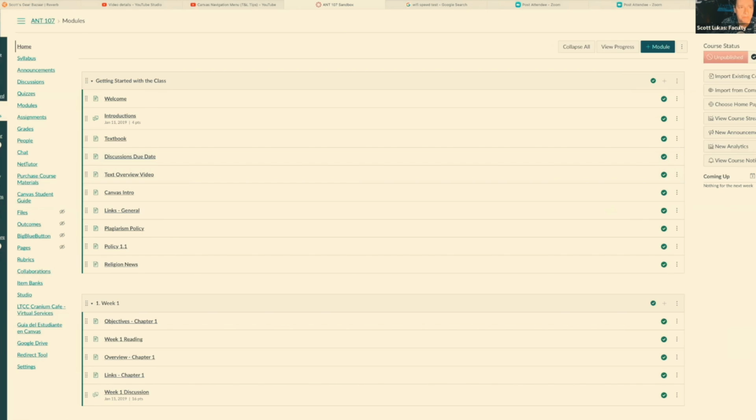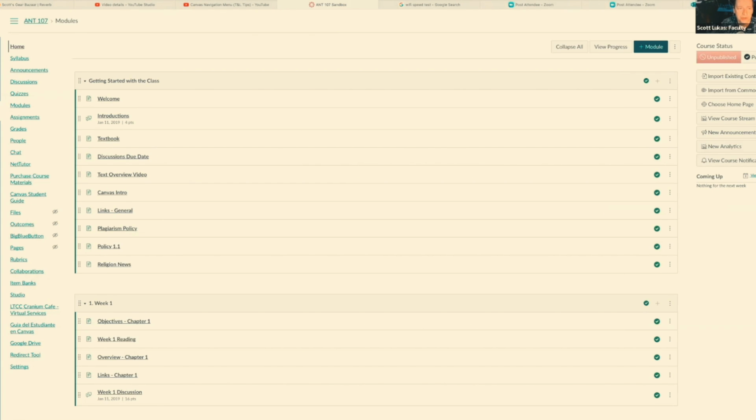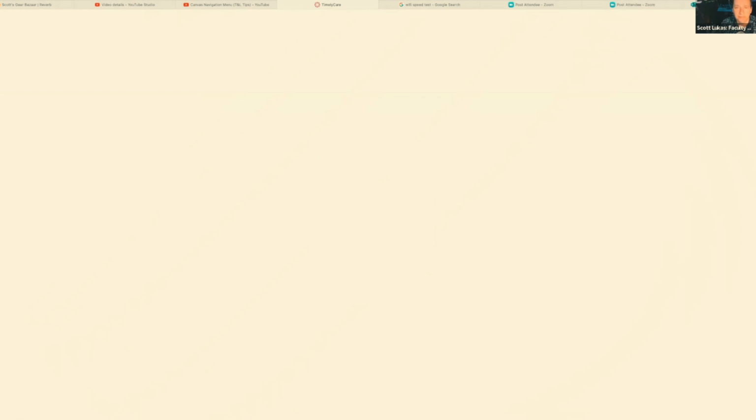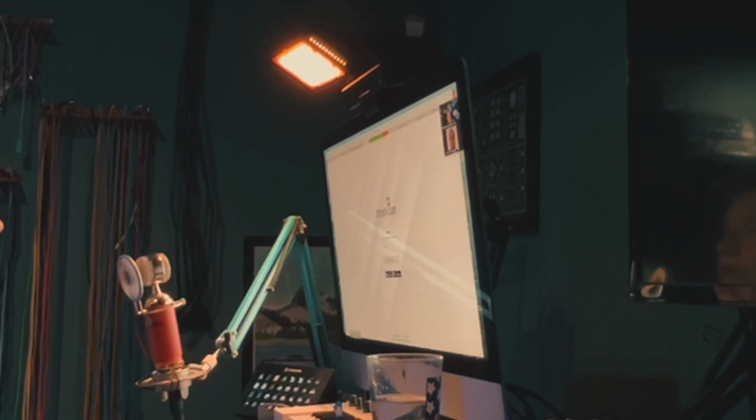You have your main left-hand navigation menu, and this is just your account settings. And if you're watching this, you won't have an admin button. Some of this is dependent on your level of access in terms of Canvas. Everybody should now have the new Timely Care menu here, and this is brand new. You can get started, and you can access virtual health and also mental health services for students. We're offering this, and we're now offering it for part-time faculty as well. So definitely take advantage of that, and staff. And it's just a great opportunity.